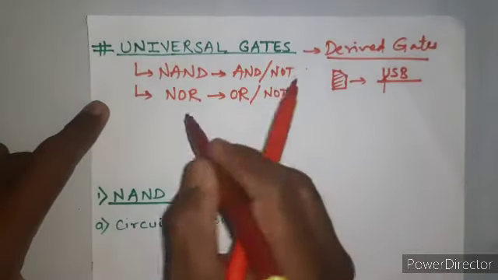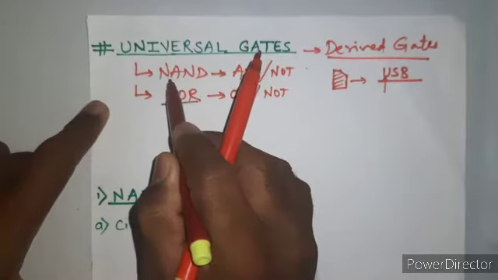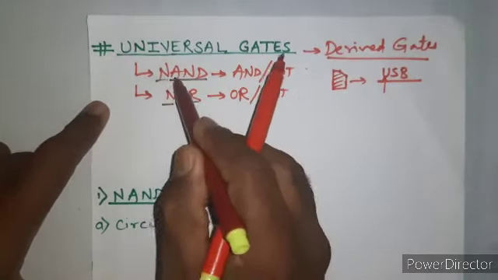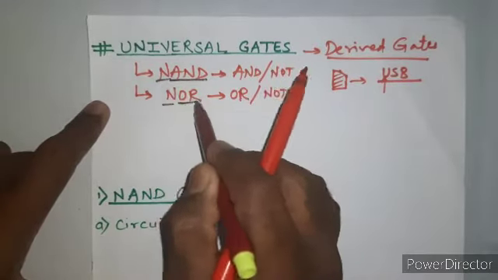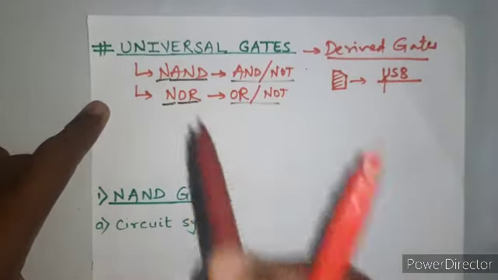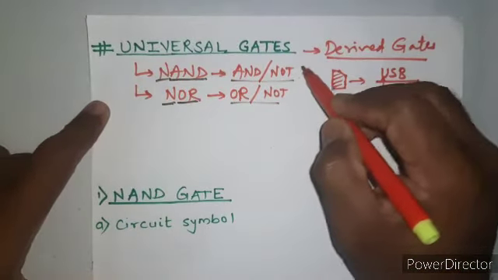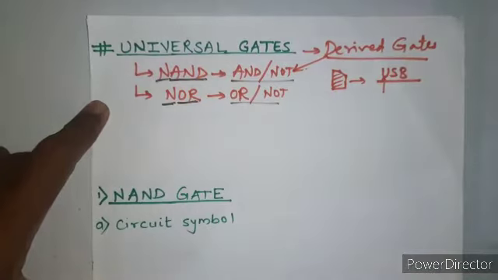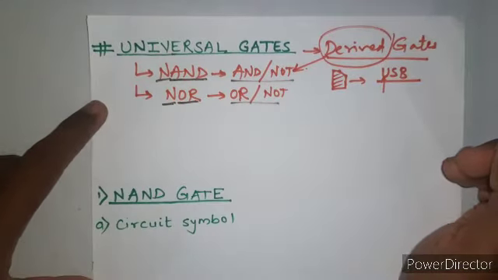You can see from this construction, from the name, this is OR gate with NOT gate. Okay, this is AND gate with NOT gate. Sorry, I said NAND, so here is NOT gate. AND gate with NOT, OR gate with NOT. That is what NAND and NOR gates are. So that's what I said, that they are derived from the basic gates. That is why we can put them in the category of derived gates.